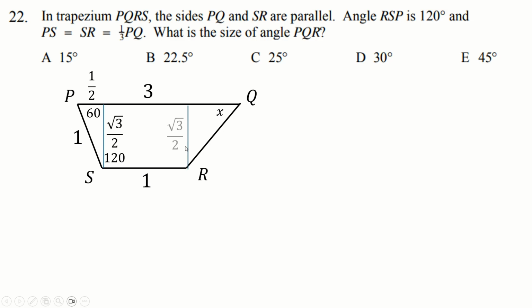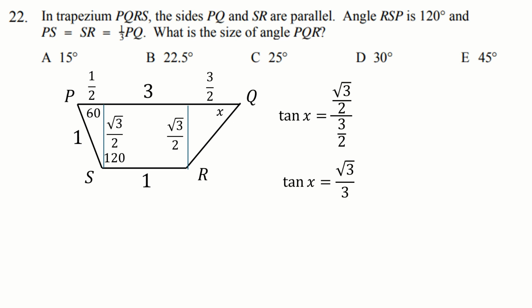You can transfer that over there, and then this length here is going to be 3 minus a half minus 1, because that's this distance here, which is 1.5, or 3 over 2. And then, of course, this is opposite over adjacent, so tan of x is this divided by this. The 2's cancel to get root 3 over 3, which might be more familiar if you kind of say this